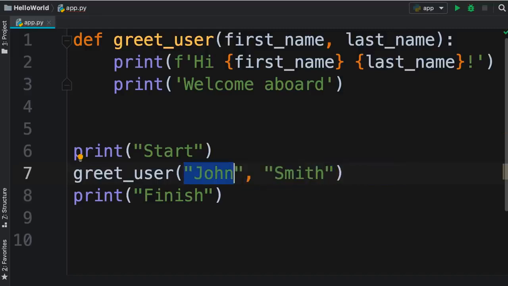So John is now a positional argument, targeting the first parameter, right? Now, after this positional argument, we can supply any number of keyword arguments. So if we set last name to Smith, look, Python doesn't have any problem with this because we're adding a keyword argument after a positional argument. So let's quickly recap. For the most part, use positional arguments. If you're dealing